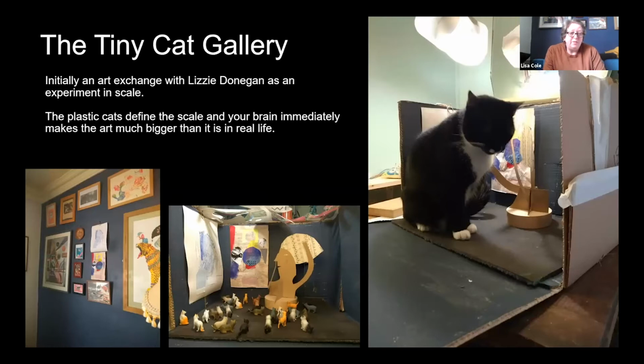What was happening was it was vanishing on my walls. It was just getting lost. It's the two unframed pieces in the center between the... I can't point, so you'll have to imagine what I'm pointing at. So what I did was I got a cardboard box and I painted it the same blue as my wall,